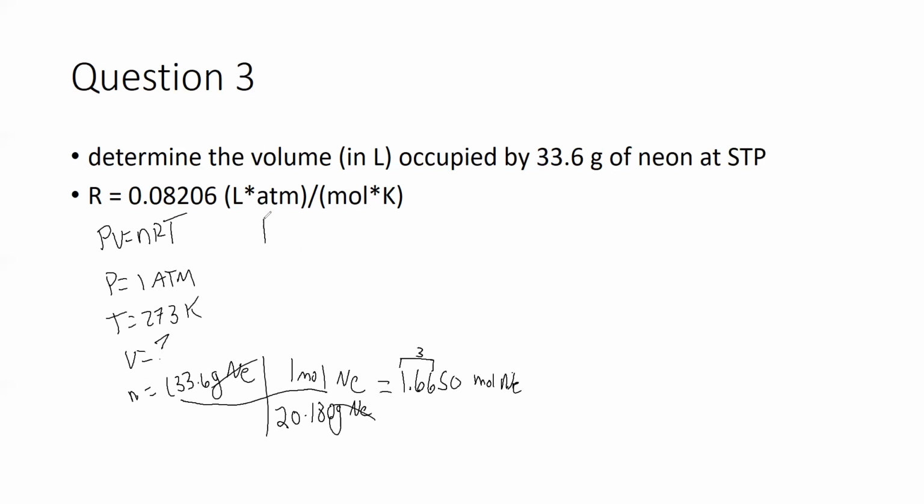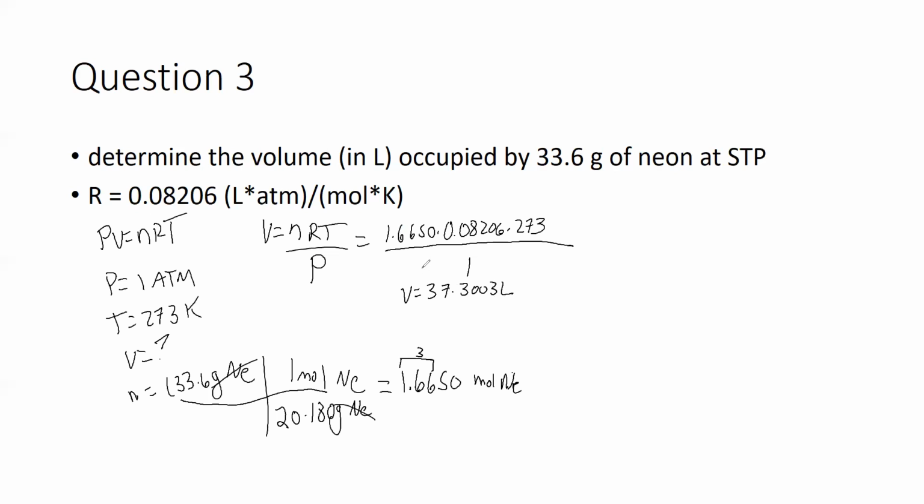All right, so we have 4 variables, 1 unknown. So I'm going to already put it in the version of PV equals nRT we saw in the previous slide, V equals nRT divided by P, which is 1.6650 and R 0.08206, T 273 divided by 1. So my volume then is